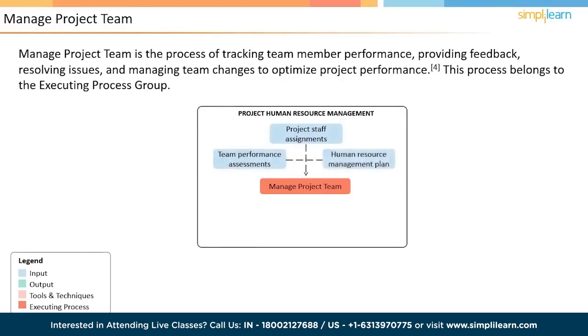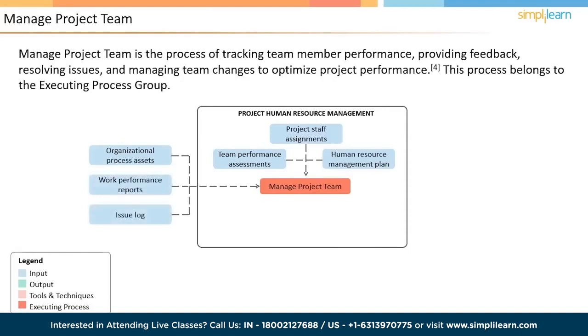The Human Resource Management Plan serves as a guideline for managing project teams. Some organizations have template and procedures to do such assessment, and that being the reason why Organization Process Asset is also one of the inputs to this process. The work performance reports, as well as issue logs, will be inputs because the team management activities have to be performed in this context. Observation and conversation is a technique where the project manager monitors and discusses the tasks done